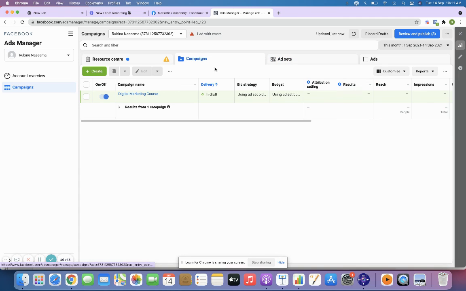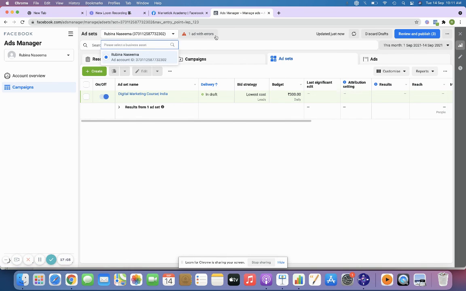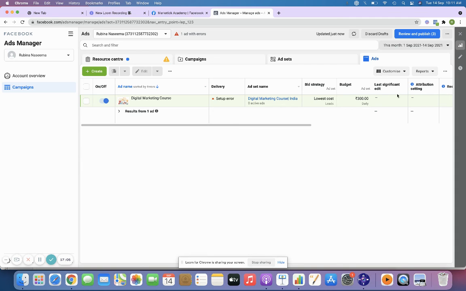When you see over here, you need to select ad sets. When you select ad sets, you will be able to download the leads via the CSV file or the Excel file, right? Since we have not set up the live ad, we are not able to see it. Once you do that, you'll be able to see it over here.